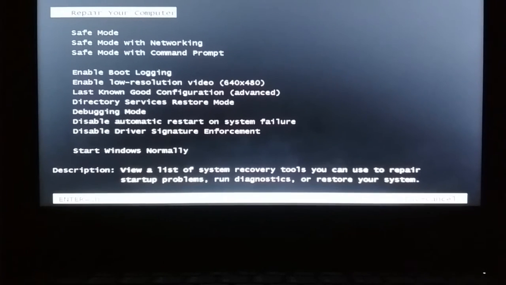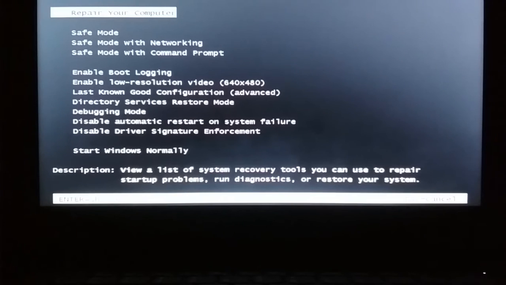In my system, function along with the F8 key works. So just check whether it works in your system or not. If function along with the F8 key didn't work, then just try pressing the F8 key only.